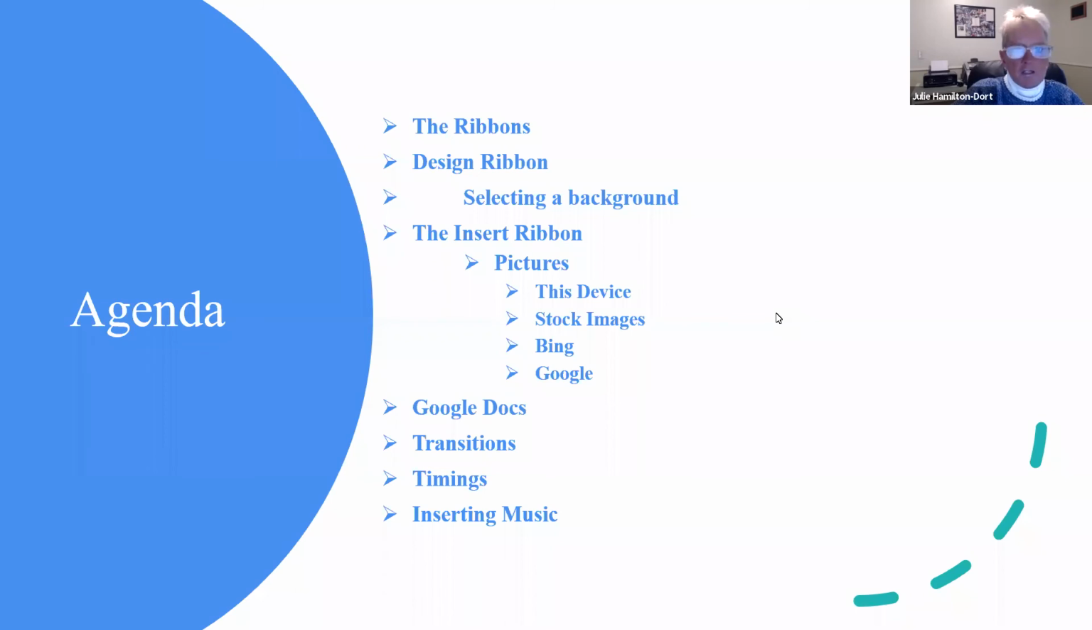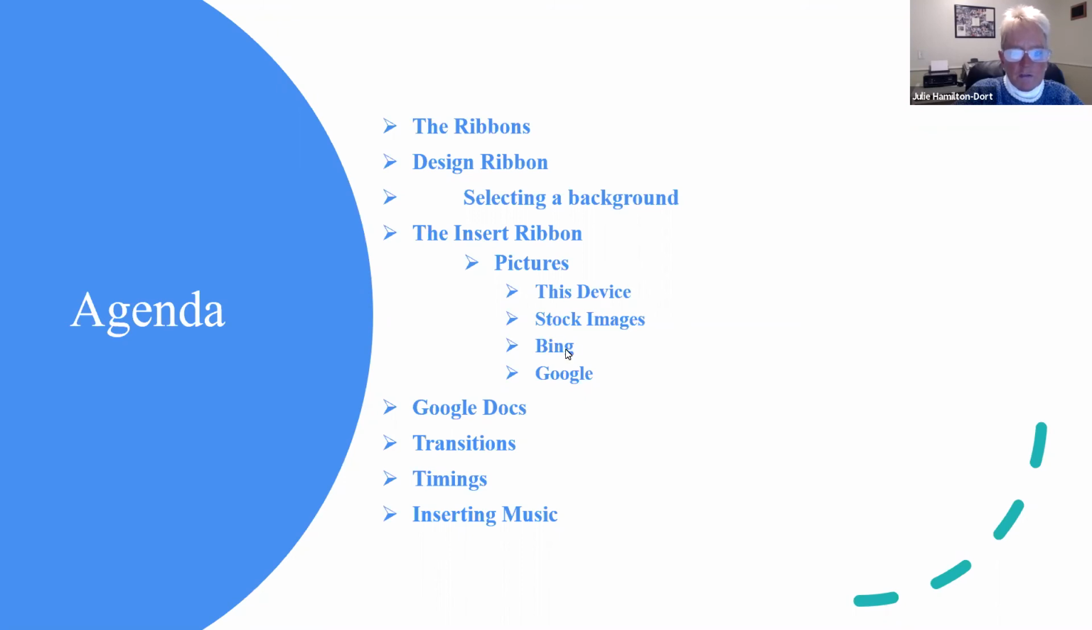Here is our agenda for this afternoon. We're just going to go into PowerPoint. We're going to look at all of the ribbons, just do a quick overview of PowerPoint. And then we're going to specifically look at the design ribbon for selecting a background and the insert ribbon, because from the insert ribbon, you can collect pictures from your own device, from stock images that Microsoft Office now includes in your software. They also own Bing, so you can do a search from within most of the